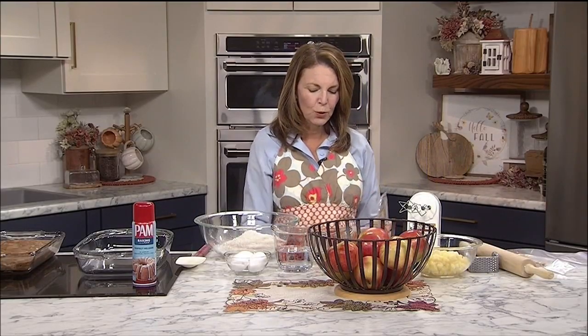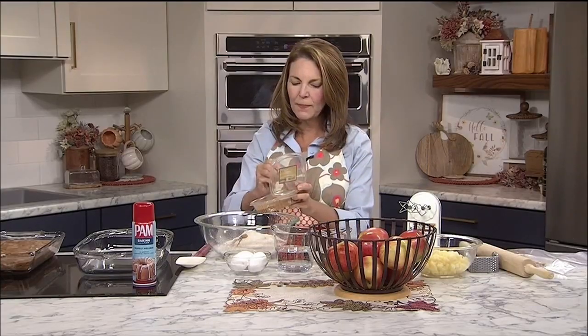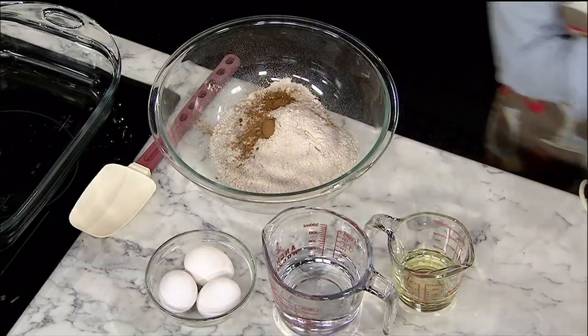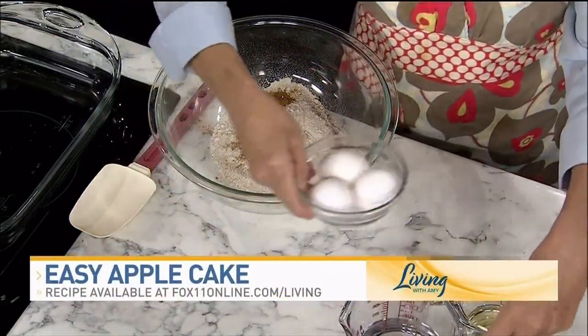We're gonna do a teaspoon of good quality cinnamon. This is the good stuff from Bulk Price Food Shop. More cinnamon, more better. Then we've got 3 eggs, and I always try and play it safe and crack my eggs